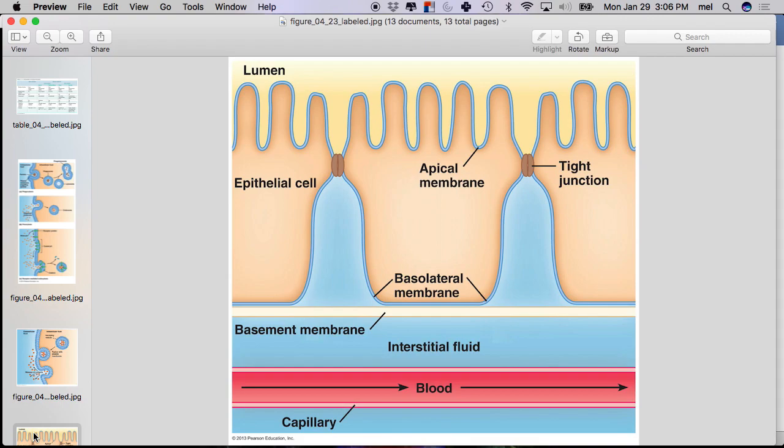So here's our objective. We just ate or drank something, it's in the lumen of the small intestine. We need to get it all the way into the bloodstream, right? So that's where we want our stuff. We are going to have to do transport across the apical surface, yeah? But then we're going to have to diffuse it through the cell. No problem there, it's tiny. Then we're going to have to do transport across the basal surface of the cell, through the interstitial fluid